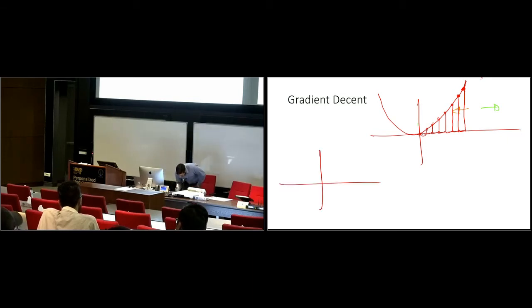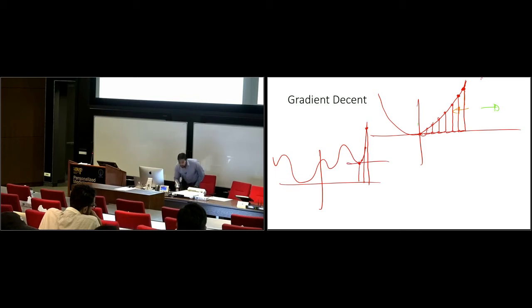Let's make a non-linear function. Where do you want to start from? Give me a point. Okay, from top right. I start from here. I repeat the same process. I would come here, I would come here, and I would come here. That's good enough for me, because it's a local minimum. Remember, we said we'll find a local minimum, not a global minimum.